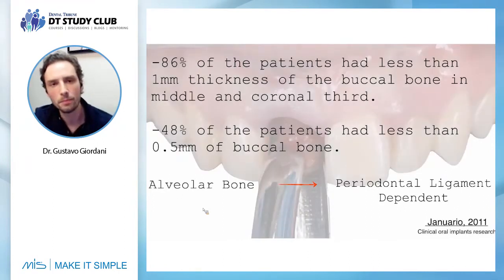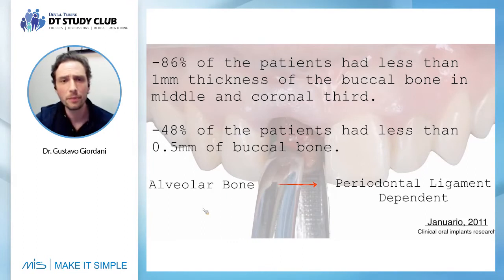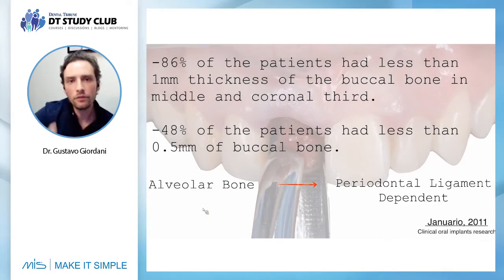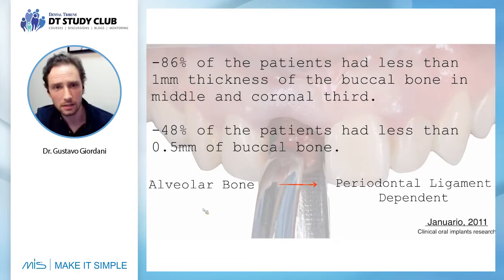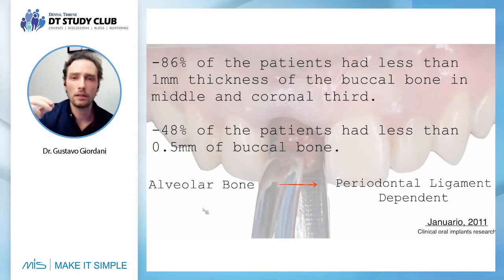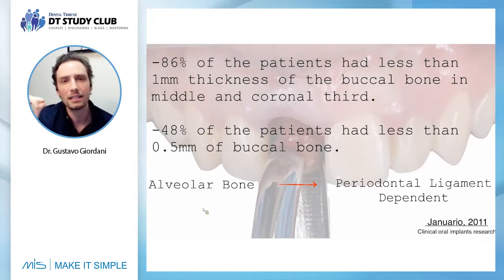This is a very important paper in the literature, a very nice paper from a Brazilian dentist, Januário, from 2011. And he did a very nice study. He measured the buccal wall thickness in different groups. Let's take the central here, because we are talking about Monica's case. And he saw as a conclusion that the thickness of the buccal wall in the middle and in the coronal third of the centrals